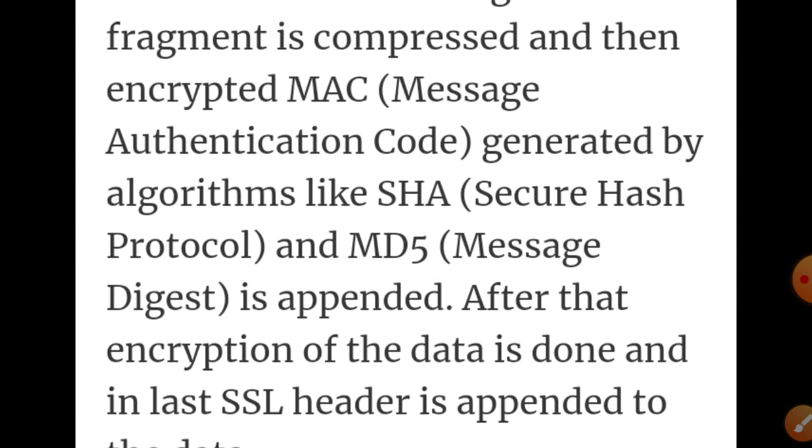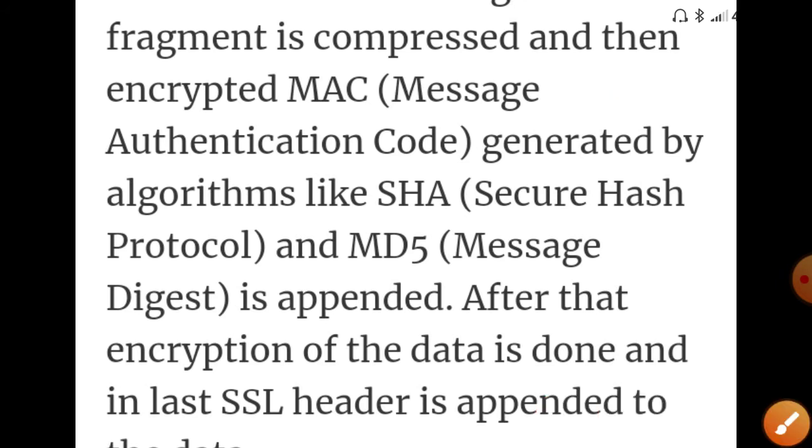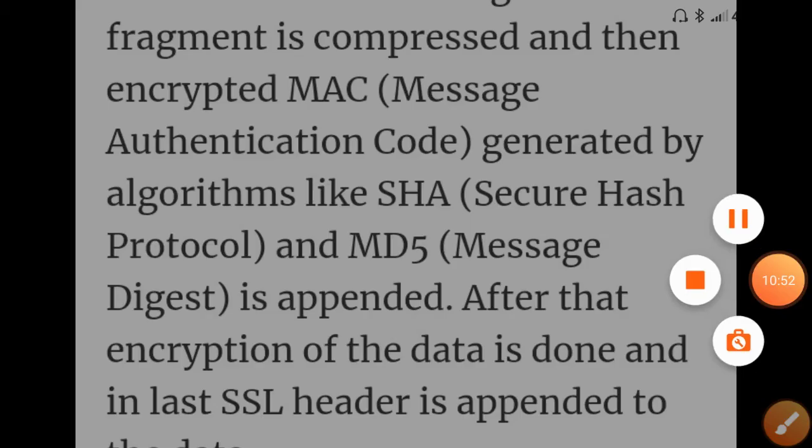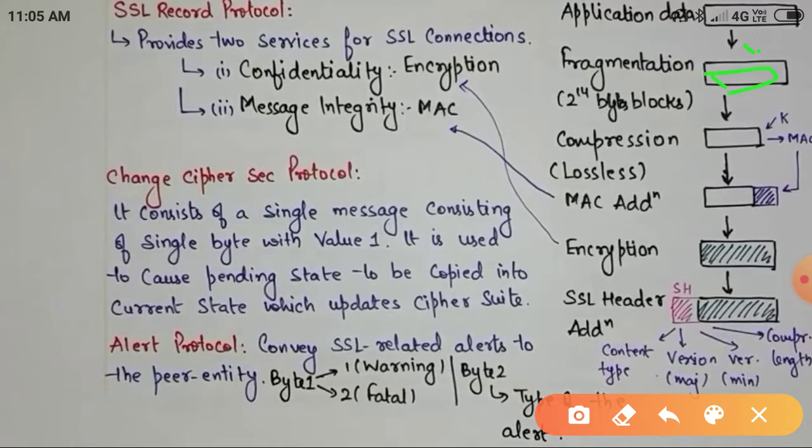So first, whatever data comes from the application layer, we fragment it into fragments of 2 power 14 bytes.